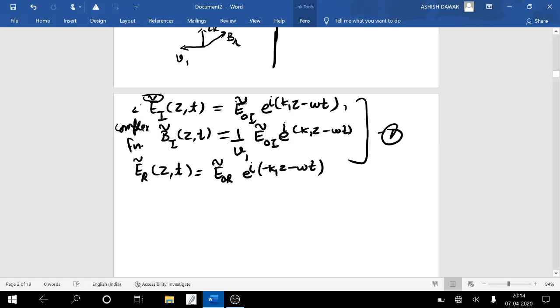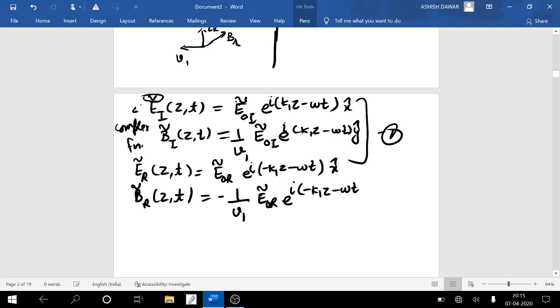so here this is in the x direction, and the magnetic field is in the y direction, and also in the reflected wave the electric field is in the x direction, and B_R equals minus 1 upon v1 E0R exponential iota (minus k1 z minus omega t) y cap, and it travels back to the left in medium 1, and the transmitted wave